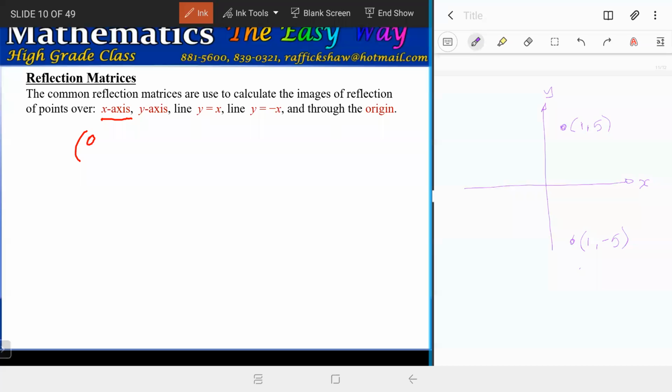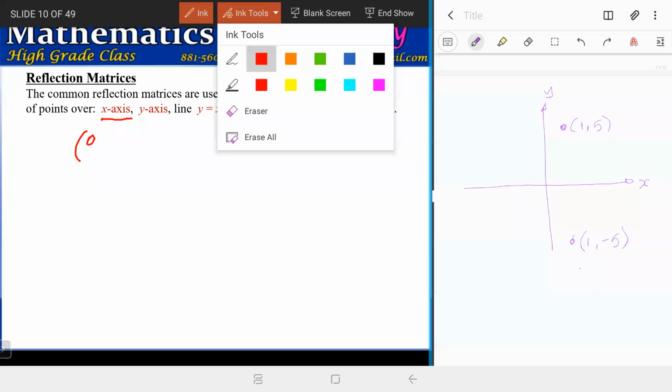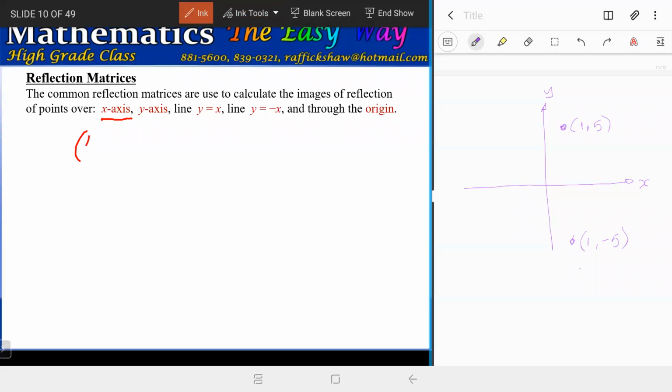It is 0. No, not 0. That is wrong. Erase that. That matrix is 1, 0, 0, -1. That is that matrix. And let me prove it to you. If I multiply 1, 0, 0, -1 by the point (1, 5)